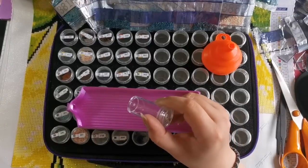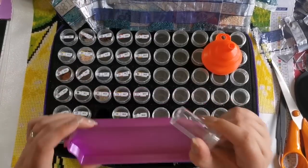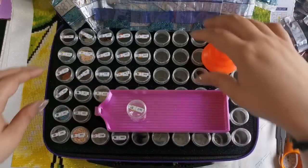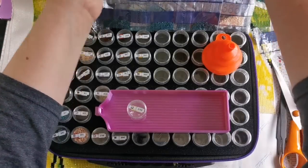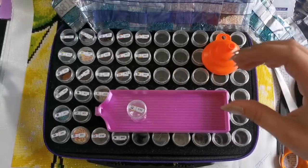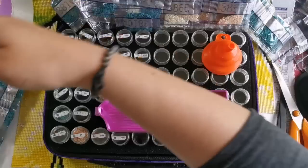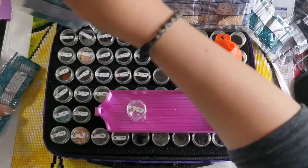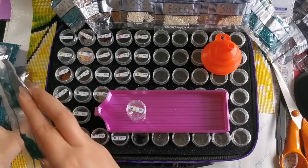Okay, so these are $9.39 and they can go over there. And now we have $37.50. So I just need to adjust these here, because now they're not in order. So we've got 3808 and 910, 3847,